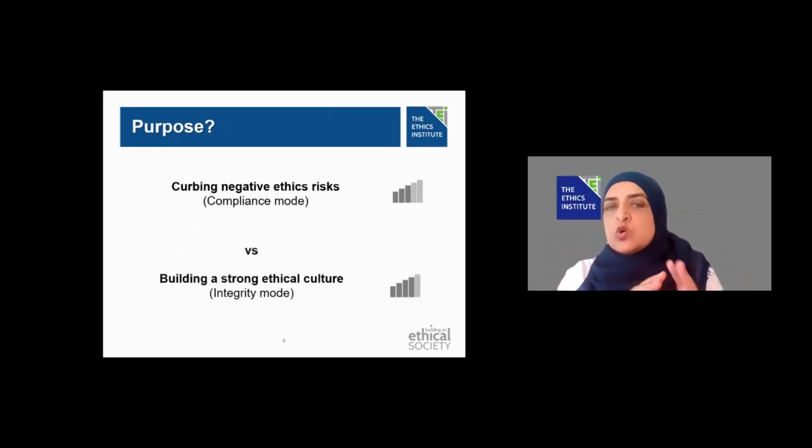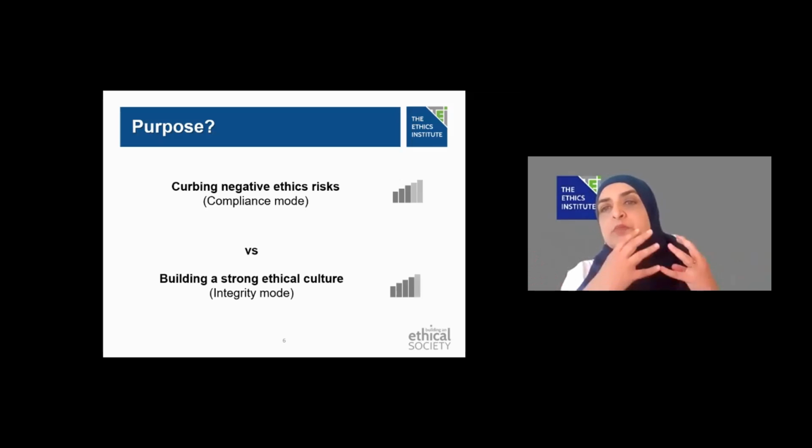However, if the intention of doing your code of ethics is about building a strong ethical culture, which is essentially what we strongly advocate a code of ethics is in the ambit of the ethics management framework, then the mode in which you develop your document is an integrity mode.